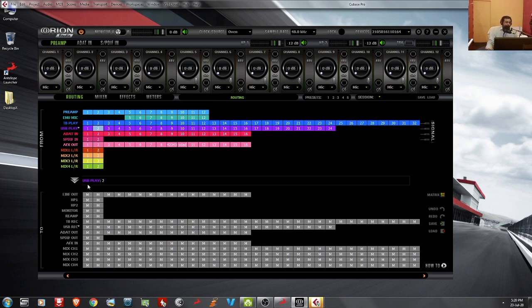Okay, in the 2 section we can see the line outputs. So these line outputs are on the DB25, so you can see that. Next we have 2 headphones. So these headphone outputs are here. You can control the volume of the headphone outputs from here. Okay, I usually use -12 or -10. You can turn on and off here. Okay, so you can route the signals to headphone 1 and headphone 2 independently.